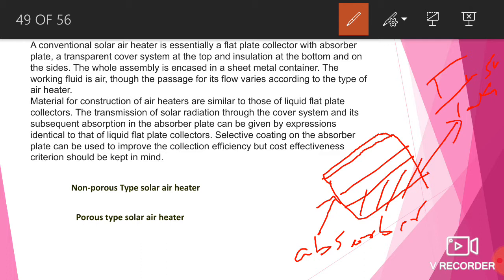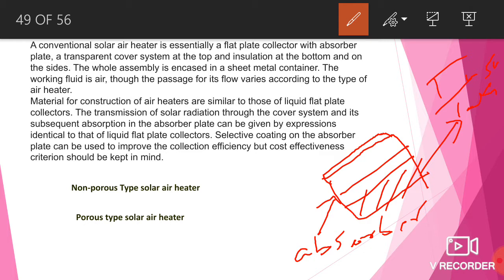Due to low heat transfer rates, efficiencies are lower than liquid solar heaters under the same radiation intensity and temperature conditions. So, the performance of the air heater is improved, first, by roughening the rear of the plate to promote turbulence and improve the convective heat transfer coefficient, or by adding fins to increase the heat transfer surface. Usually turbulence is also increased, which enhances the convective heat transfer.